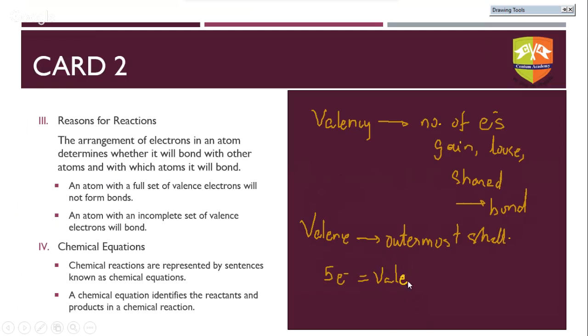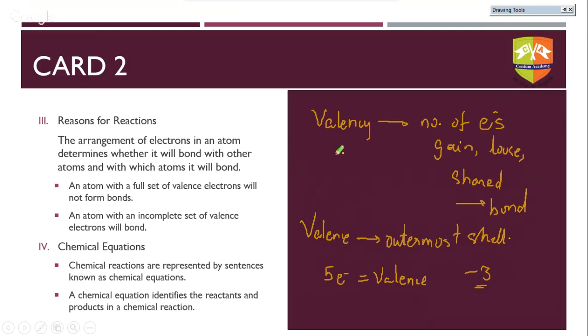Okay, so this is the number of valence electrons, but the valency will be -3. Why -3? Because it needs 3 electrons to be taken in, which will make the chemical bond formed. So remember the difference between valency and valence electrons. It's a common mistake that people use these interchangeably, and you find that there is a problem in writing an